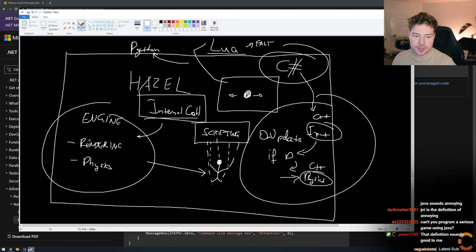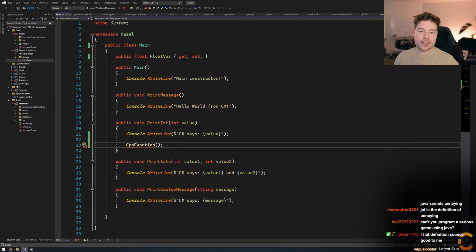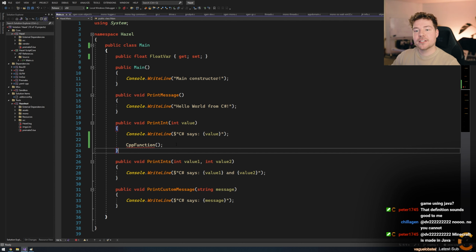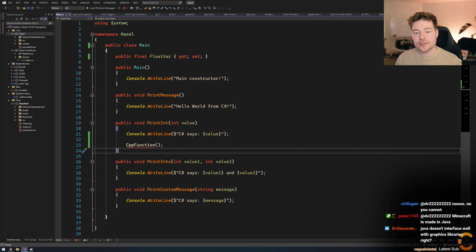When we call any kind of C++ functions from here, instead of using something like Invoke, we're going to tell the C# runtime that is hosted inside Hazel, hey, here is a native function that you can call. So it's almost like we're adding a function to the library. That might not make sense because a lot of the C# library is written in C#, but it's almost like we're adding a native function to C#. I guess the word I'm looking for is intrinsic. It's almost like adding an intrinsic function to the compiler in C++, but it's translated into the virtual machine and C#. That's ultimately what we're doing.